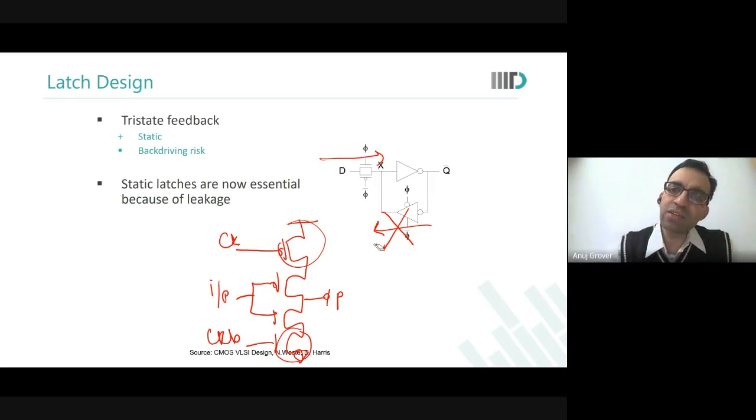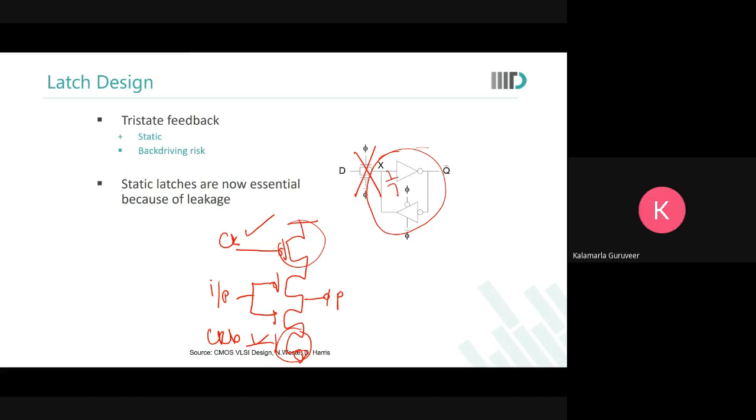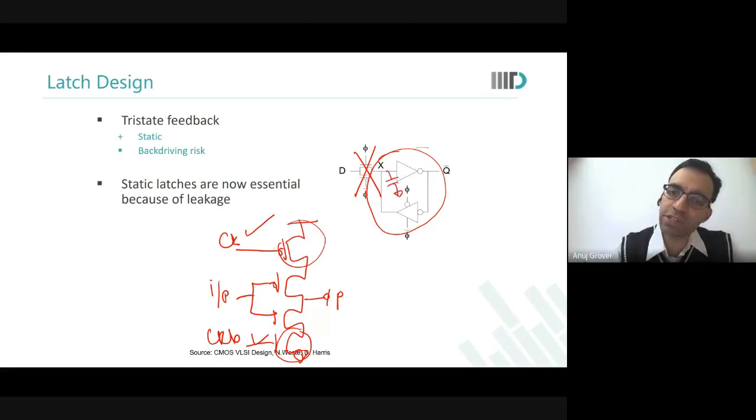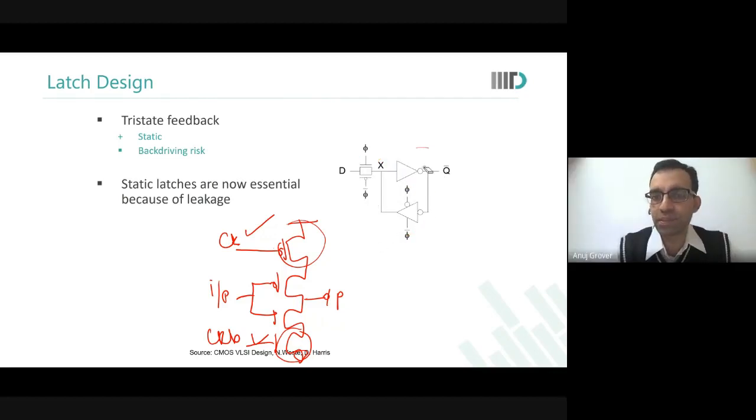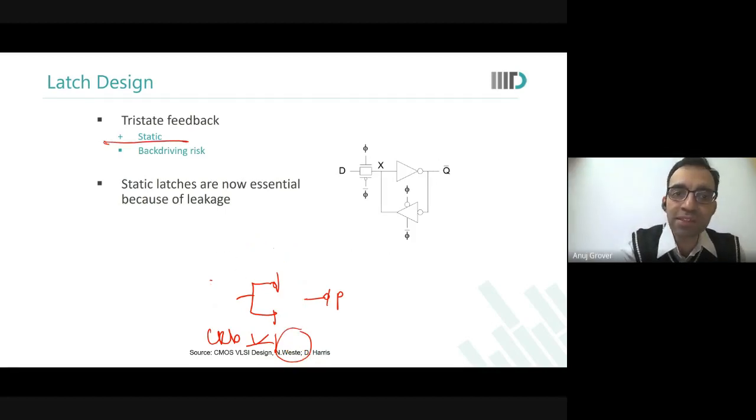But when my CK goes low, this cuts off, and CK goes low means this turns on, this turns on. And now there is this kind of an inverter which is latching the output. Are you able to see this? So now, even if some charge from here gets discharged, even if some noise comes, this feedback tri-state will ensure that it doesn't bother us. So now I have taken care of the dynamic nature of the latch, and therefore for the first time we are calling this latch as static.